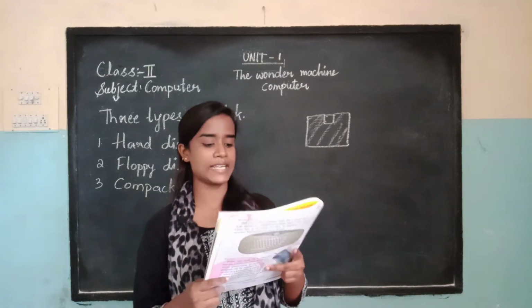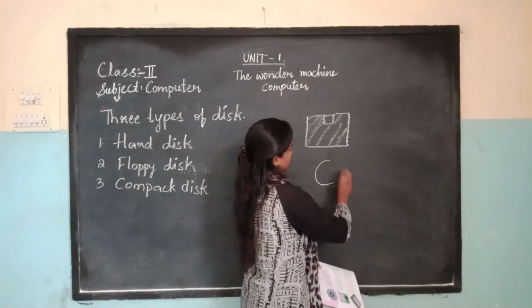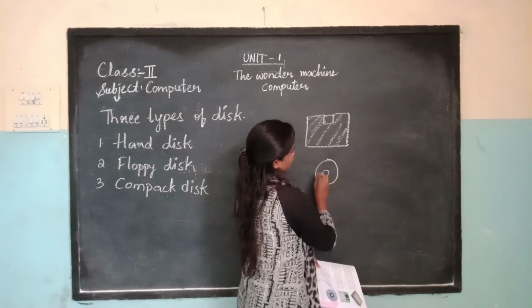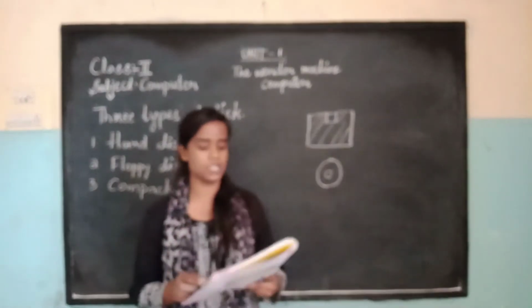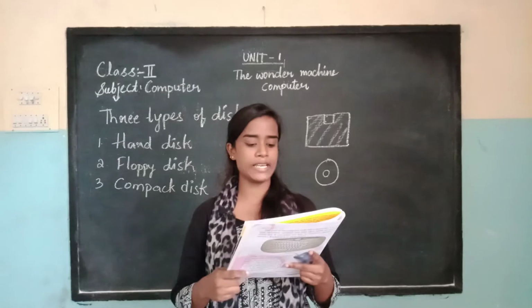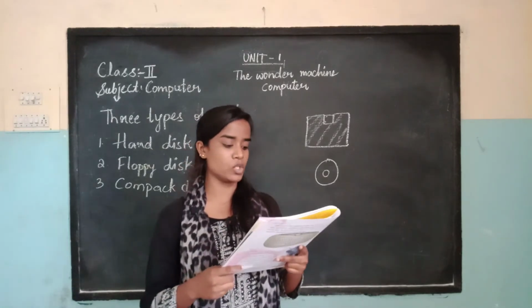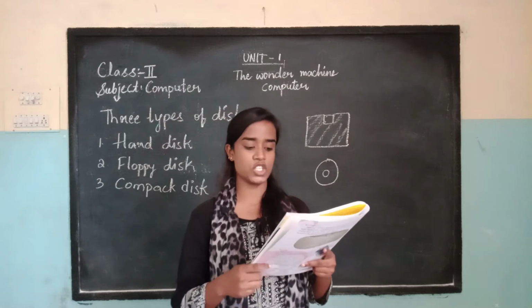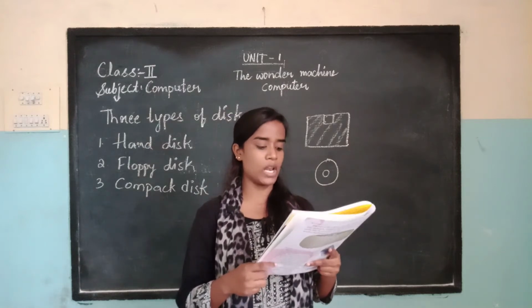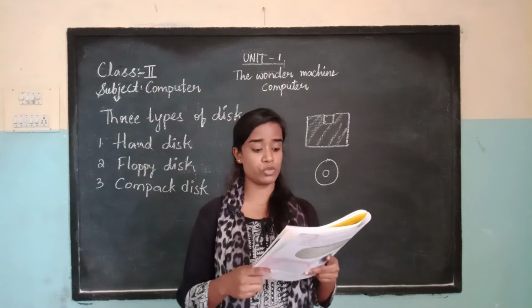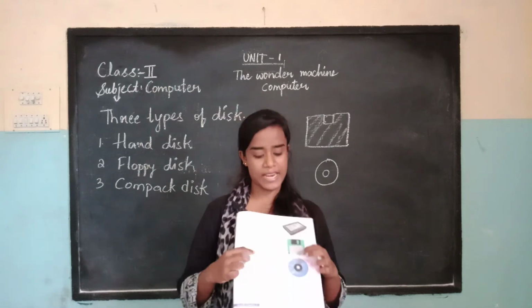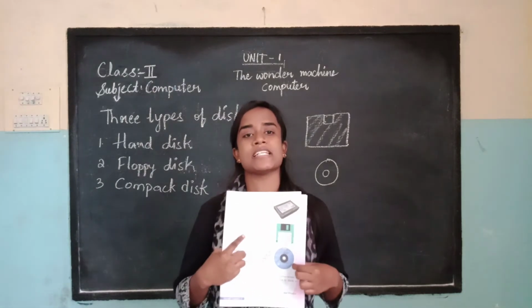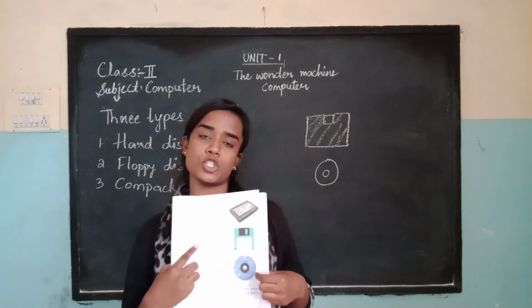So compact disk. Compact means nothing but CD. You all know now, compact disk. So it is used in the compact disk drive. It can also fit in the CPU cabinet. It is circular in shape. It has a shiny surface. It can store a large amount of data as compared to a floppy disk. So comparing to a floppy disk, a compact disk can store a large amount of data.